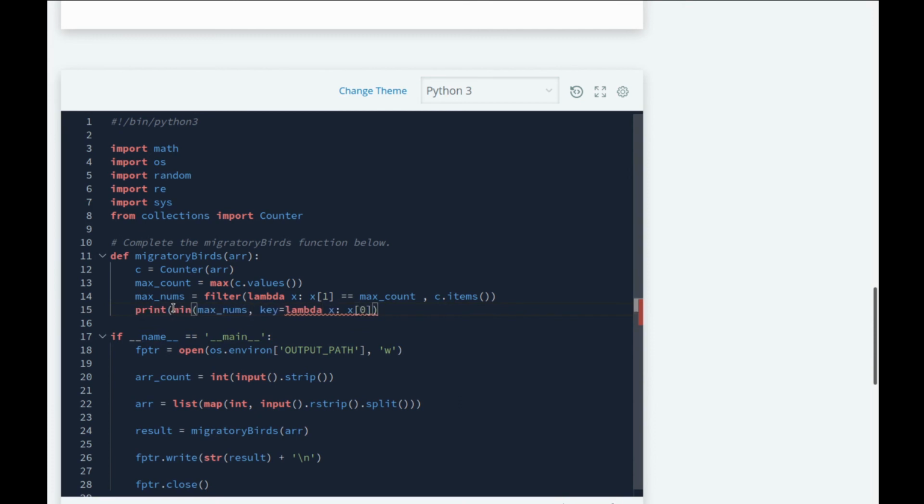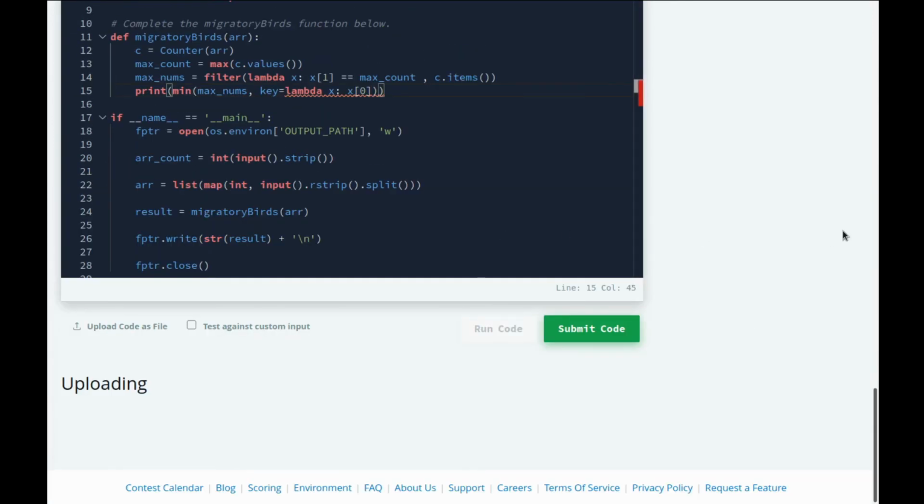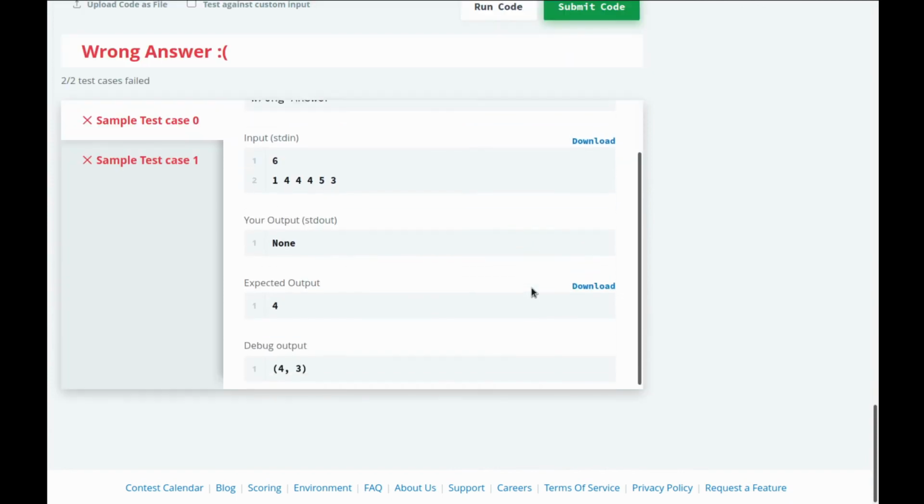So let's try printing it to see what we get right now. Yep. So the debug output is (4, 3). So this is basically giving us the key value pair. 4 is the element and 3 is the count of it. So we need to return the 0th element, which is 4.